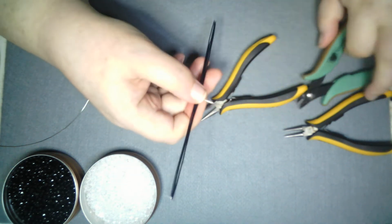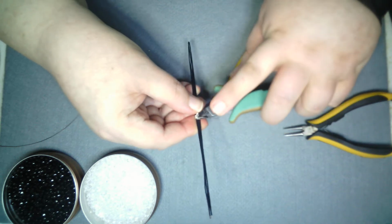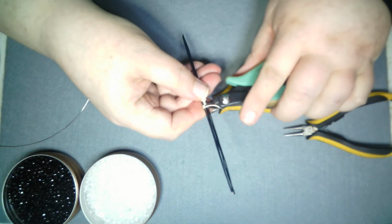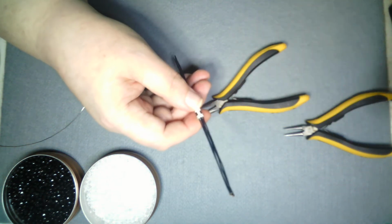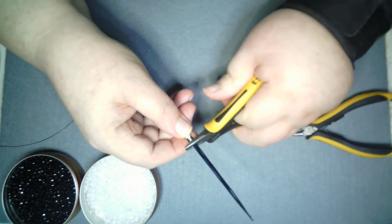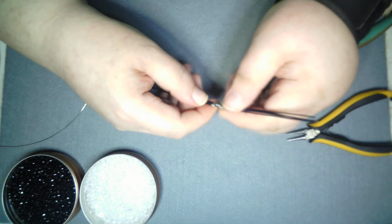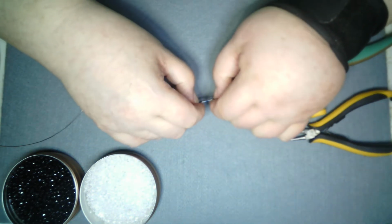and take your snips and cut. And cut. Right. So flatten. Make sure it's flattened in the ring. Now when we bend this, we want these to be on the outside of the ring so it won't scratch your finger. Now to bend this into the round,